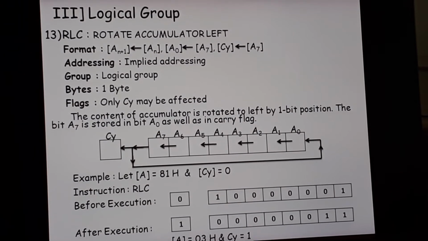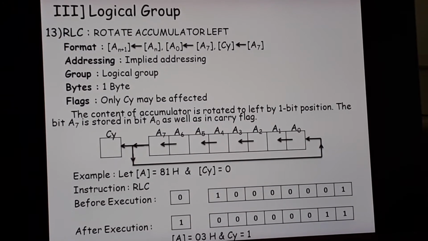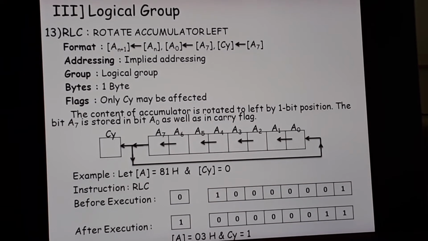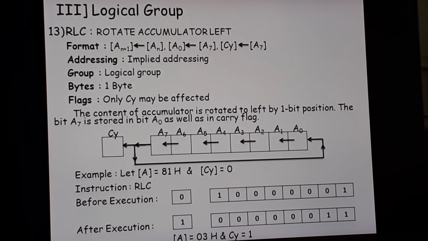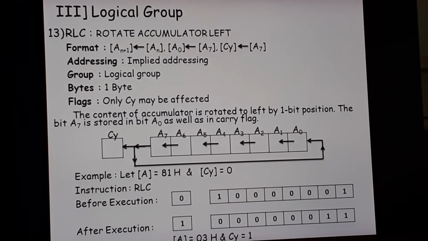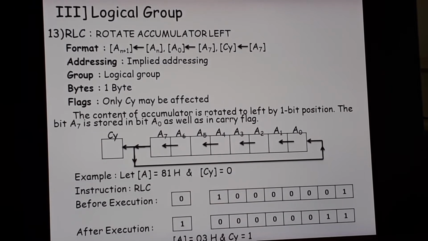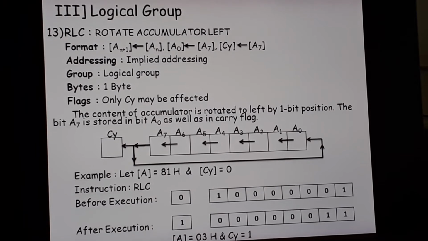So hence in the carry box you wrote 1 there, and then the same A7 bit will be shifted to A0 bit. Okay, so A7 bit which was 1 got shifted to A0, then A0 to A1, and so on. You will keep on shifting all the other bits to the left hand side by 1 position. So hence in the accumulator you got 4 times 0, that is 0, then 0 0 1 1 which is 3. So accumulator content is 03 and carry is 1.